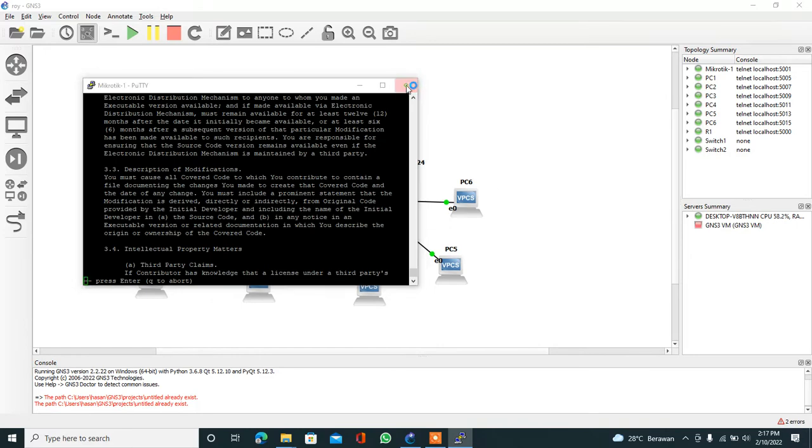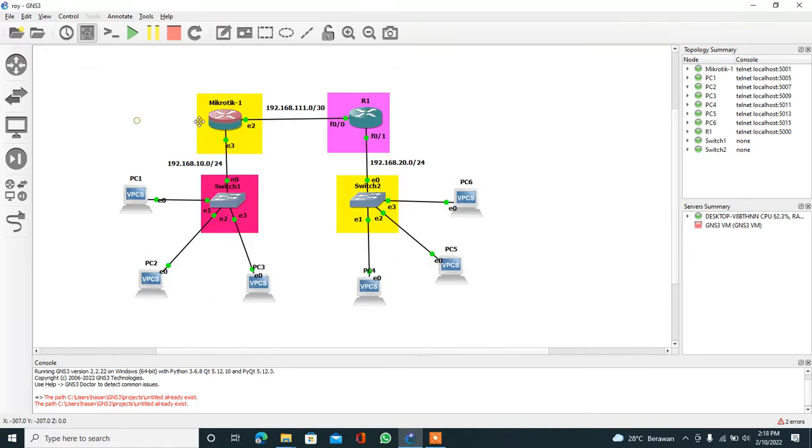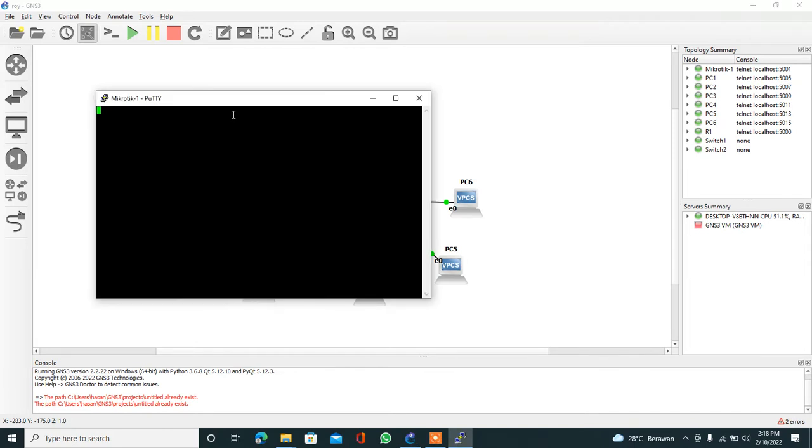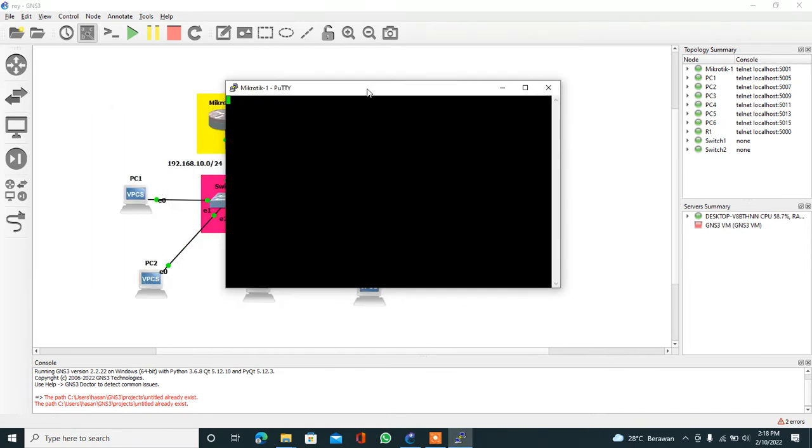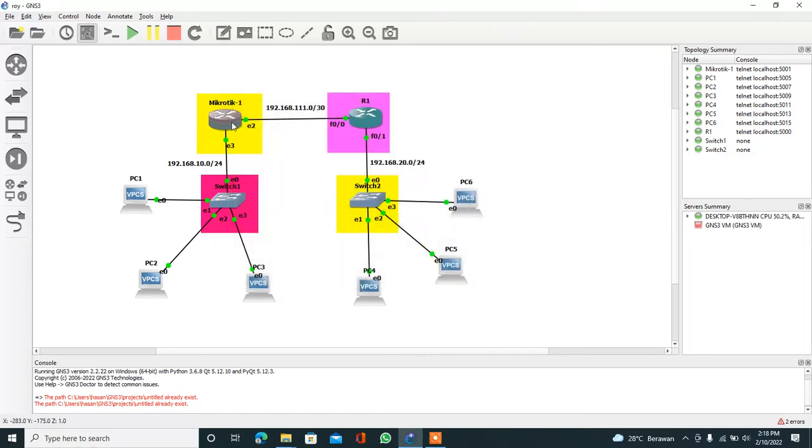Maybe I close it and enter MikroTik again. This needs waiting for a minute. Maybe stop and start again. Let's double click on the MikroTik router.